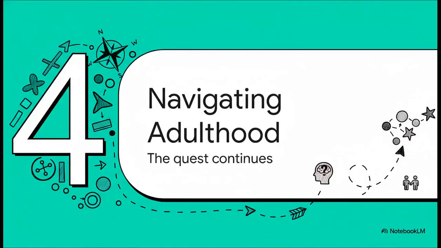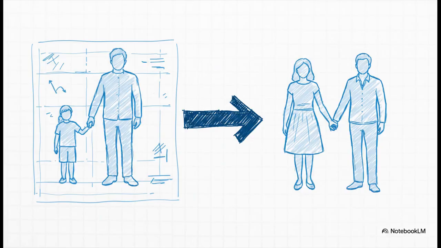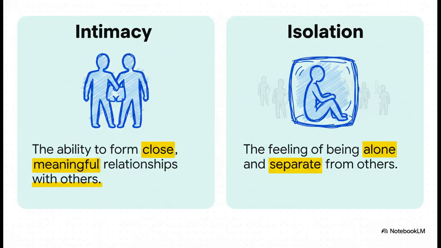But let's be real. The journey doesn't just stop when you get your diploma. The quests for who you are and how you connect with others, they just get more complicated as we move into adulthood. And here is where it all comes full circle. Remember that attachment style we talked about, the one you formed as a little kid? Well, guess what? It doesn't just vanish. It often becomes the unconscious blueprint, the default setting for how you approach your romantic relationships as an adult. And according to Erikson, that leads us to the next big quest: